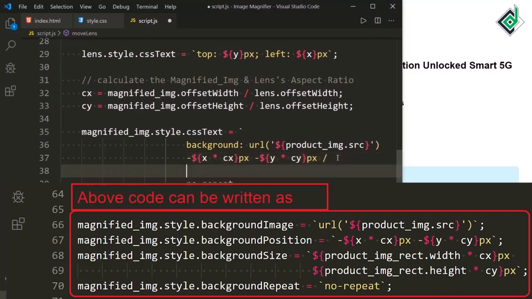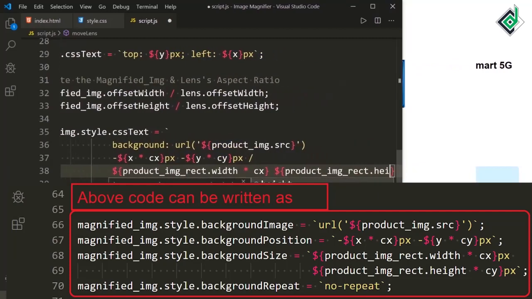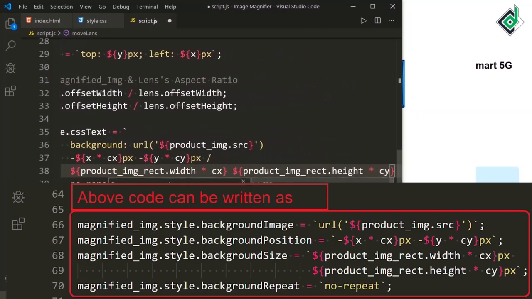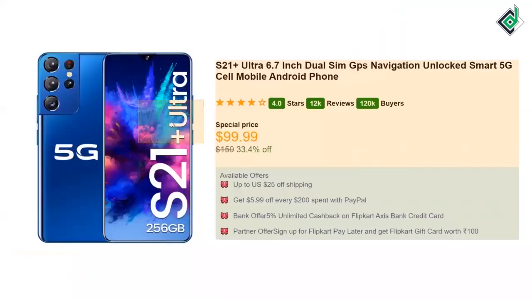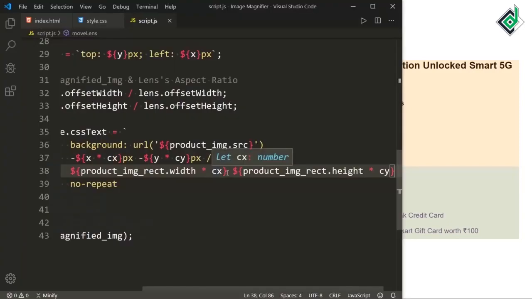So I'm writing slash and the background size, and for the background size I want to give product image rect dot width, and to maintain that aspect ratio, asterisk cx for the horizontal. For the vertical, I'm giving product image rect dot height asterisk cy.